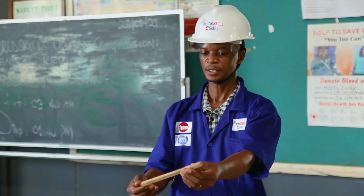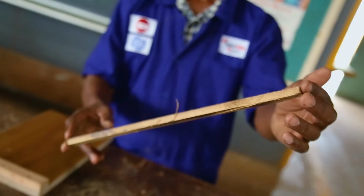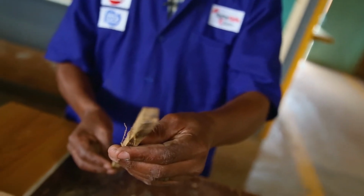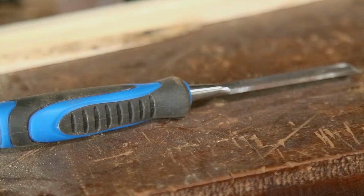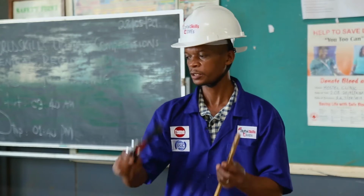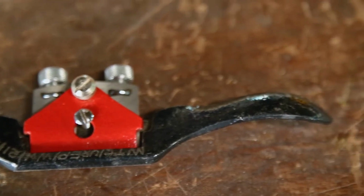So I'm here, I'm having my square piece. If you can look at it, it's a square piece, maybe 1 centimeter by 1 centimeter. It is in the length of 350, but I can always reduce to a size which is moldable. How am I going to mold it? I will not use a chisel like this to mold it. Yes, I know it can be done. I will not use the spoke shave. I know it can do so, but we want to make it more modern by introducing another component, which is